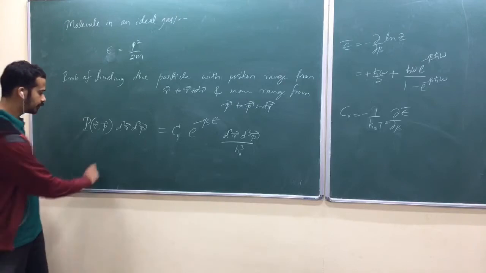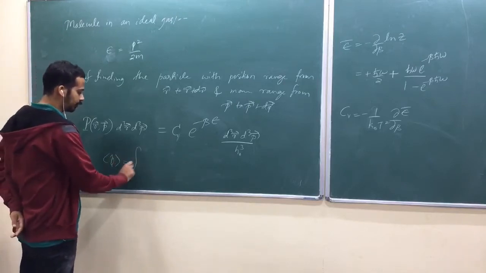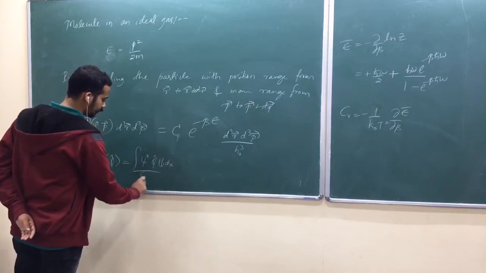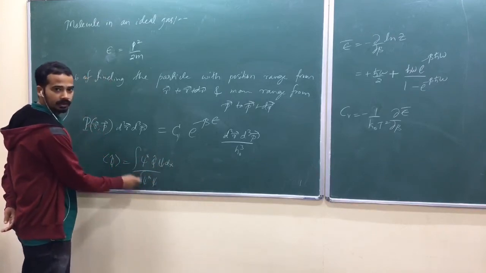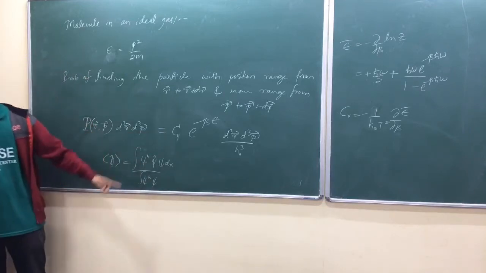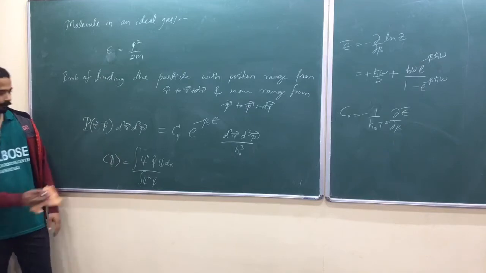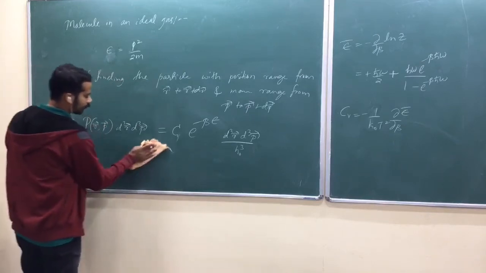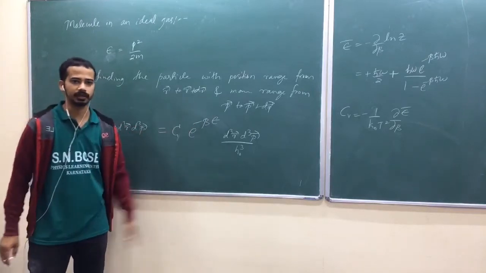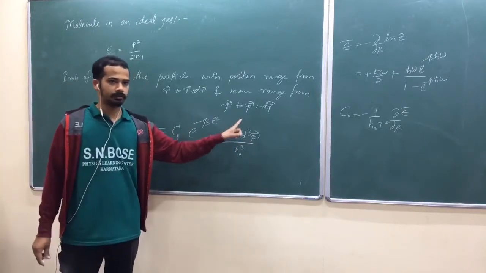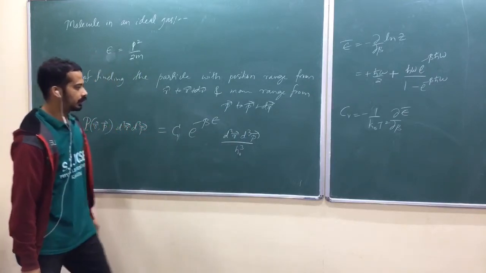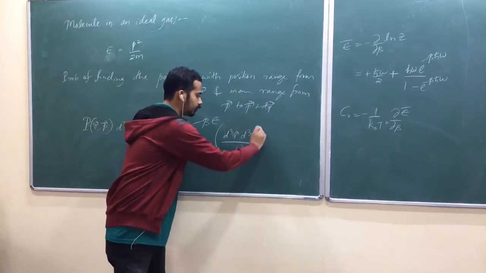Because you have this kind of average value, integral psi star q cap psi dx divided by integral of psi star psi, isn't it? We shall take this kind of technique. We shall not normalize in this particular situation, okay? So now look at here, you can argue in a different way. One is, probability proportional to e raised to minus beta e. Now you need to keep this factor, but you better divide by this one. Is that okay?